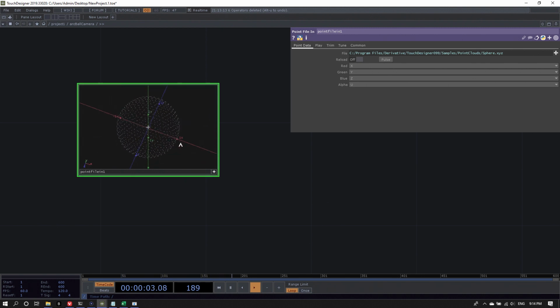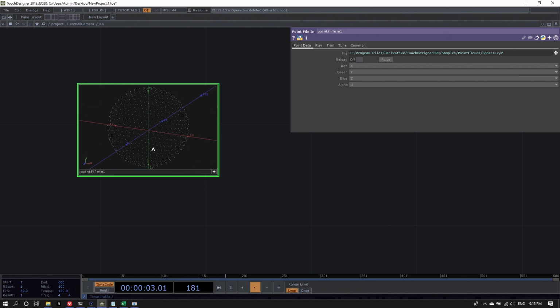So if I look at the View as Points, what I get is a pre-visualized point cloud. In this case, well, the file is called sphere as well. I'm getting a sphere, and every pixel that's in this texture that's being loaded is interpreted as a point position.